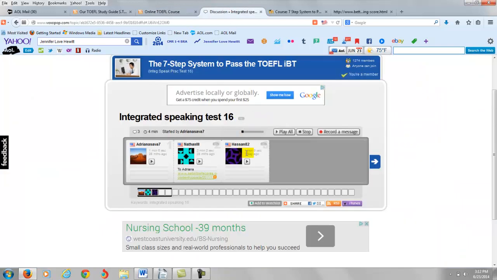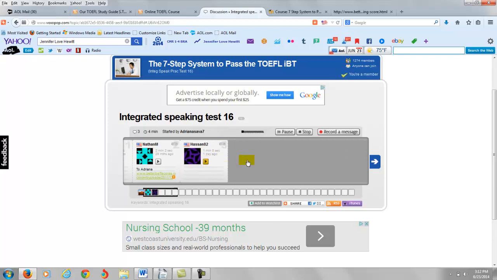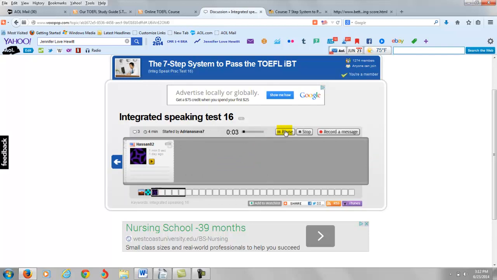So in this case, I'm going to listen to integrated speaking practice test number 16. The professor is talking about how glaciers are formed. He explains that glaciers are formed when the snow starts to build up and remain in the same area for a year round. When a new snow starts to build up on the top of the old layer starts to